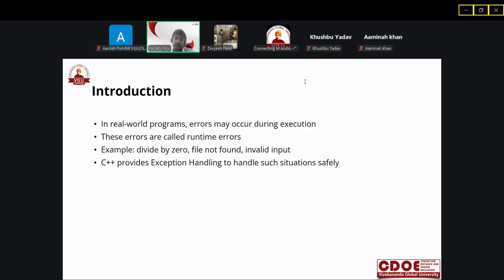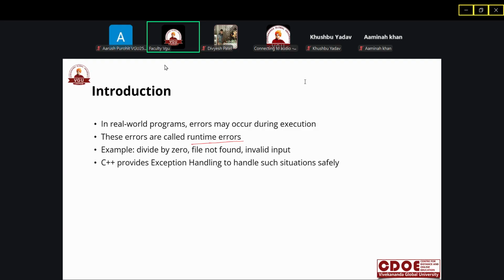I hope you get what a runtime error is. Examples of runtime error are divide by zero, file not found, and invalid argument.